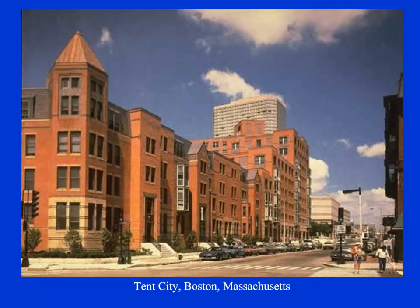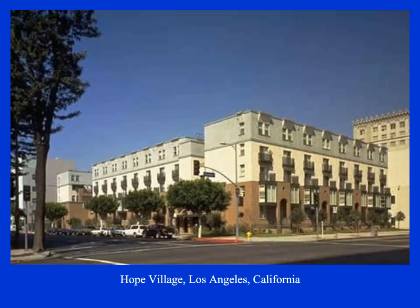The traditional brick elevator building, the mixture of row houses with front stoops. What's interesting to see is that this model is something that is buried in some cases in other American cities, buried by time, and being rediscovered. In Los Angeles, for instance, this New Hope Village in downtown Los Angeles has really attracted a lot of attention